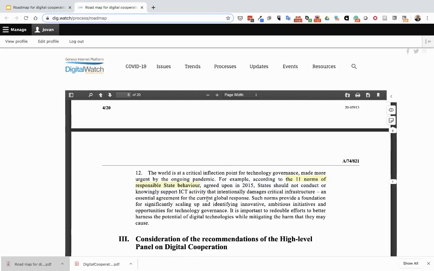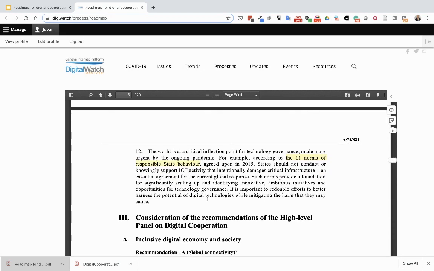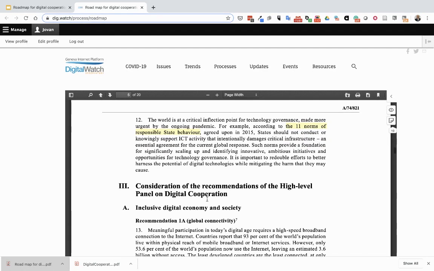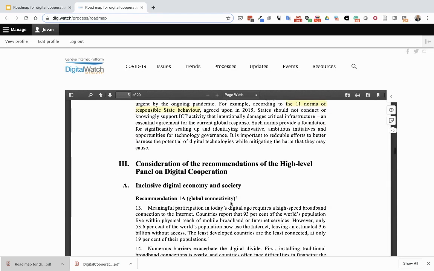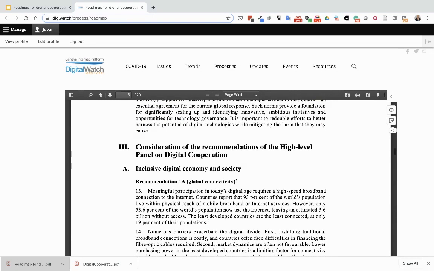Those are some highlights from the introduction, but let us move directly into the third section, organized around the main recommendations provided by the panel. The first section is on inclusive digital economy and society, and the recommendation 1A on global connectivity. Recommendation 1A